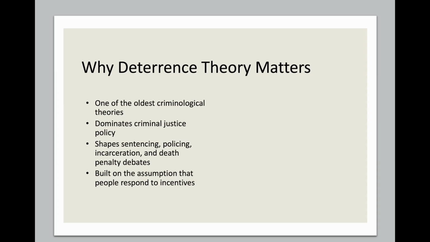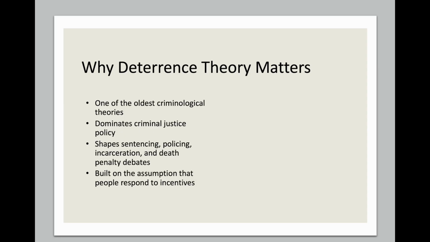A person acting in anger, intoxication, desperation, or under peer pressure may not carefully weigh the costs and benefits of their actions. So this is a clear flaw with deterrence theory. A person involved in a violent altercation might not stop to calculate the expected punishment. A person with low self-control may heavily discount future consequences. So deterrence theory here matters because it's giving us a clear policy-relevant model of crime prevention, but it's also raising major questions about rationality, perceptions, emotions, and context.